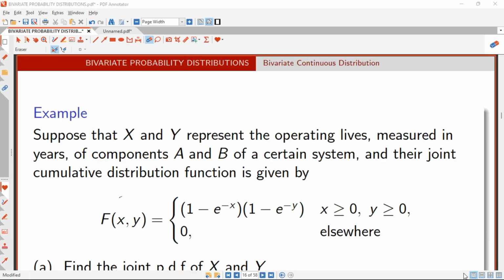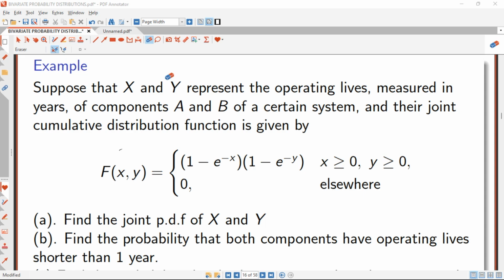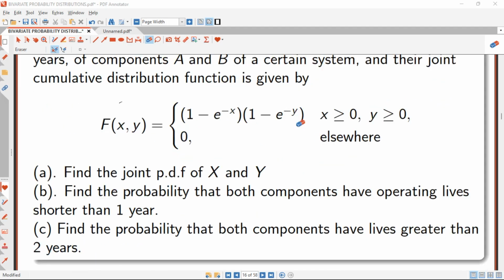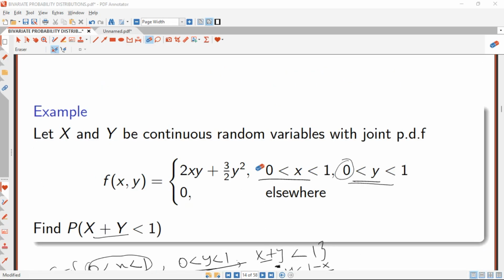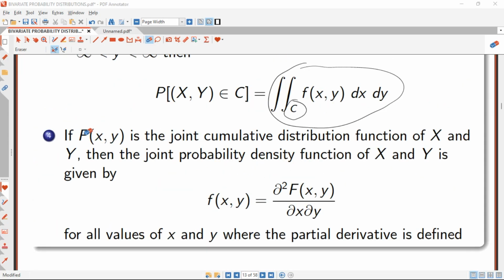On the second question, suppose that x and y represent the operating lives, measured in years, of components A and B of a certain system, and their joint cumulative distribution function is given. The first question says to find the joint probability density function of x and y. Here we learn that if a cumulative distribution is given and we want to find the joint density,